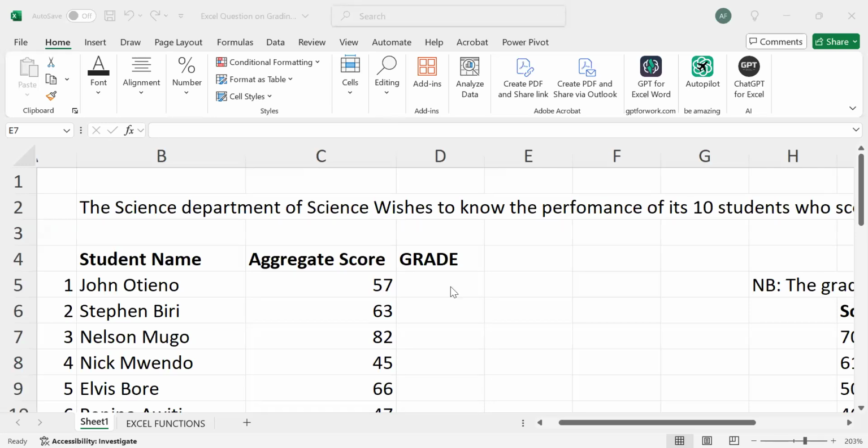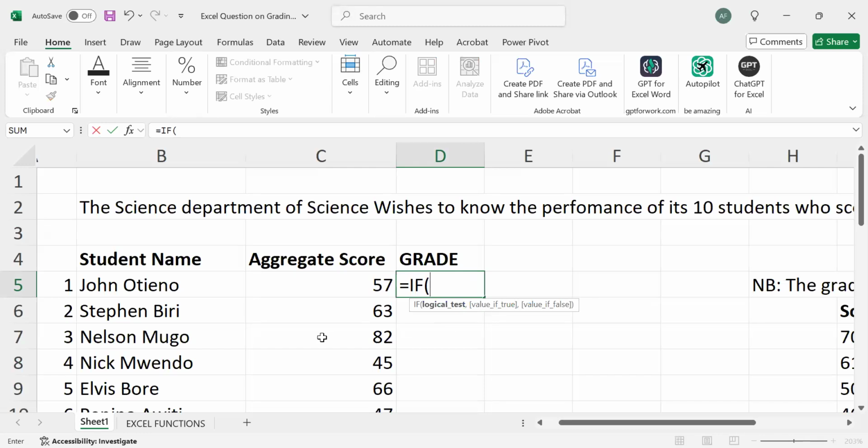So that's why we're saying that in this context, I repeat again, we use the IF function. So we do equal sign, IF, tab. My logical test is what we want to look at, the condition that we want to evaluate. The condition that we want to evaluate is our aggregate score. So we select that aggregate score. Then we tell Excel, if my aggregate score is equal or greater than 50,